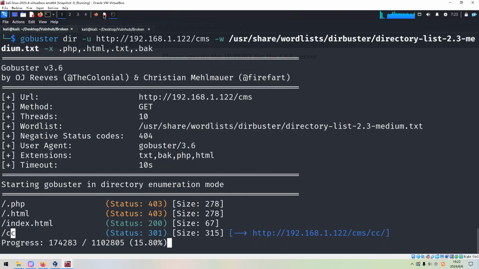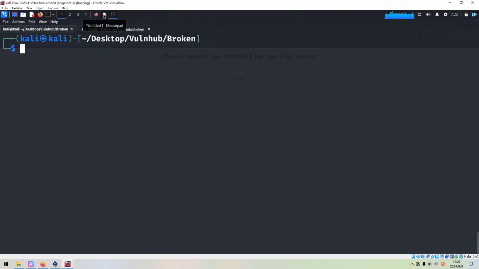Maybe I can quit from GoBuster. We can set up the listener on the Kali Linux. Here, the Kali Linux will act as, or simulate, the command and control server. Let's press enter.